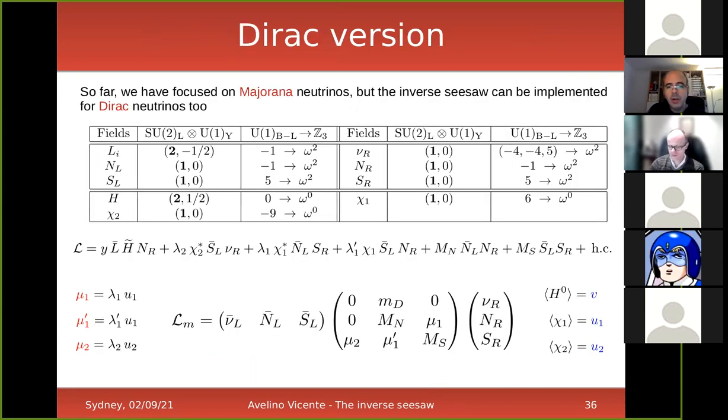And finally, let me comment on a possible Dirac version. In this case, we have to add right-handed neutrinos, so new nu R, because we have to construct a Dirac mass term for neutrinos. And we have constructed this model in this particular way. It's a bit more complicated. For example, now the B minus L charge has to be given for the right-handed neutrinos in a non-universal way, -4, -4, 5. This is a very well-known solution to get anomaly-free B minus L symmetry that has been around in the market for several years already. We didn't discover this. And you need additional fermions. That's why the Dirac version is a bit more complicated. And also additional scalars. We have chi1 and chi2.